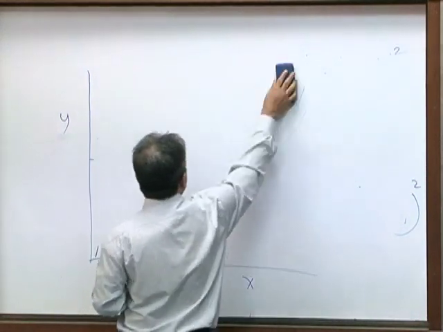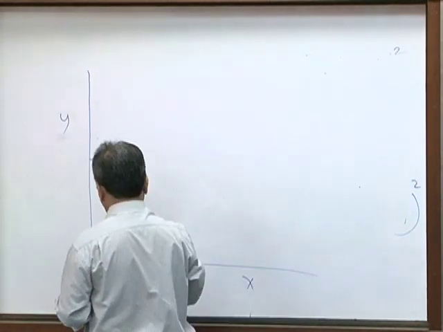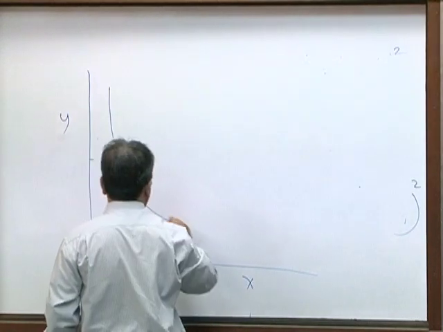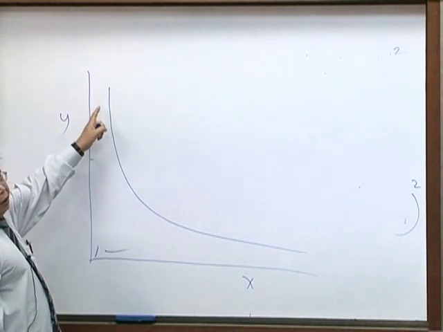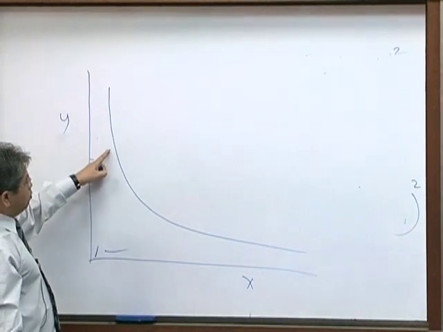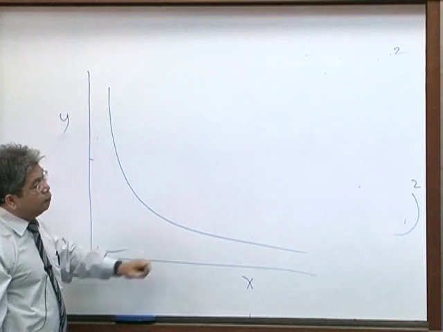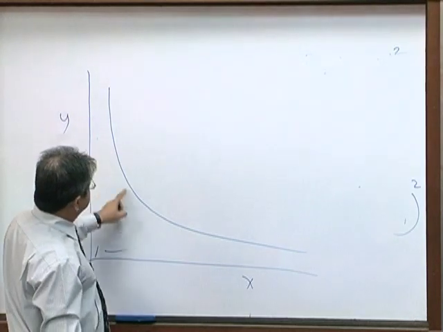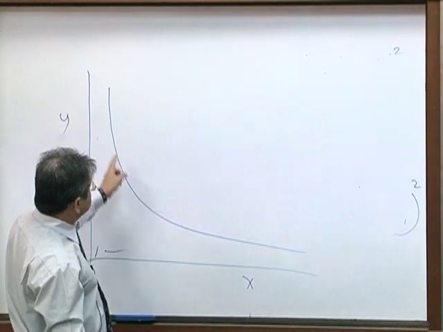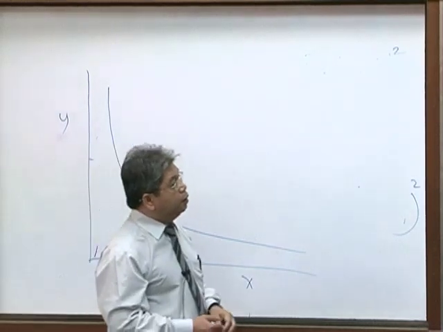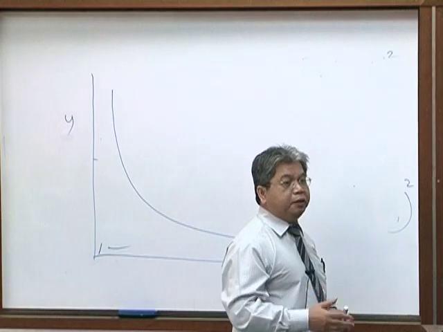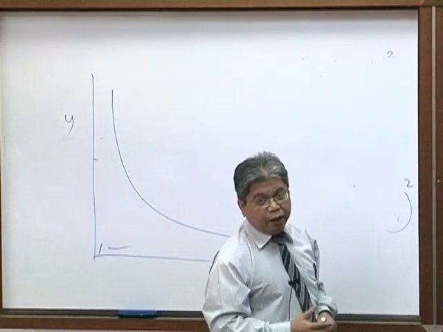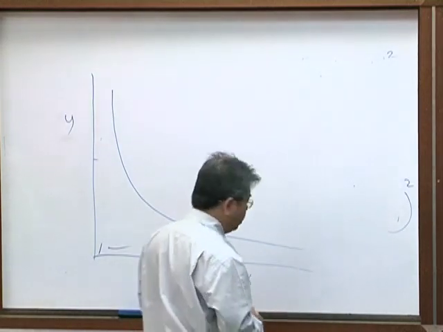As an example, in the radioactive decay of material, we have a function like this, right? Radioactive compound will decay exponentially like this. And we can measure this by linearizing the function to get a straight line curve. Once we get a straight line, we can use the same least square method to plot the data.